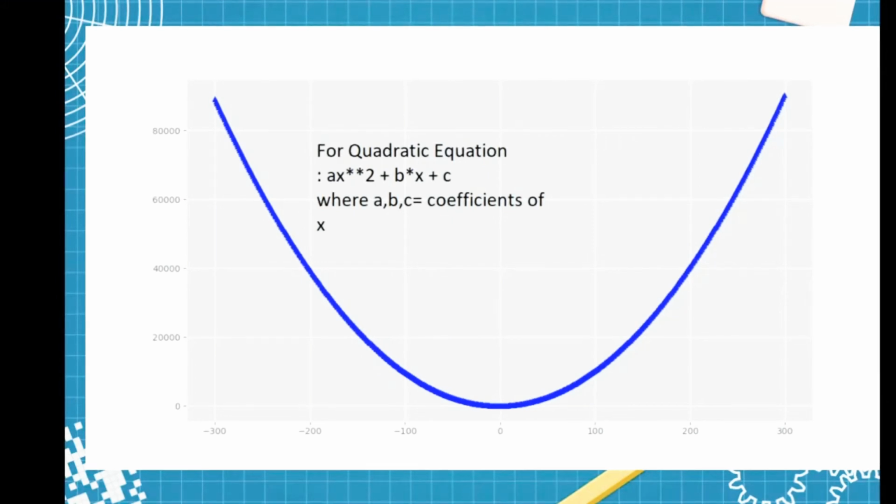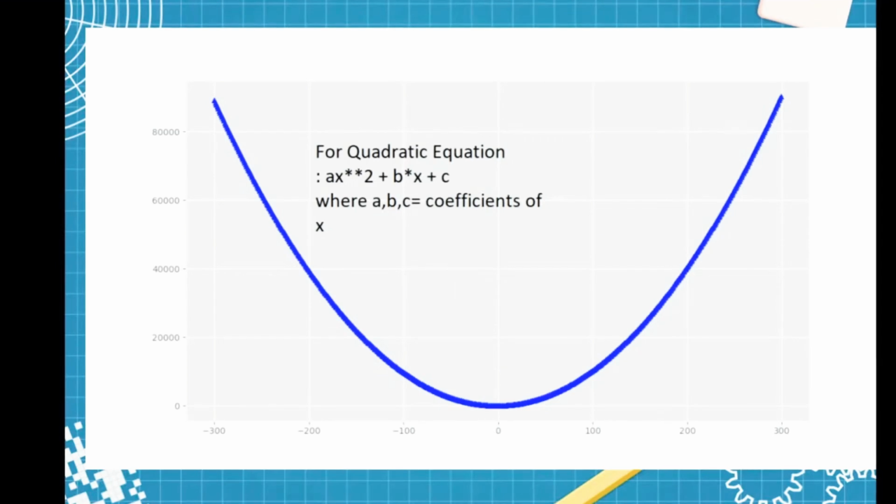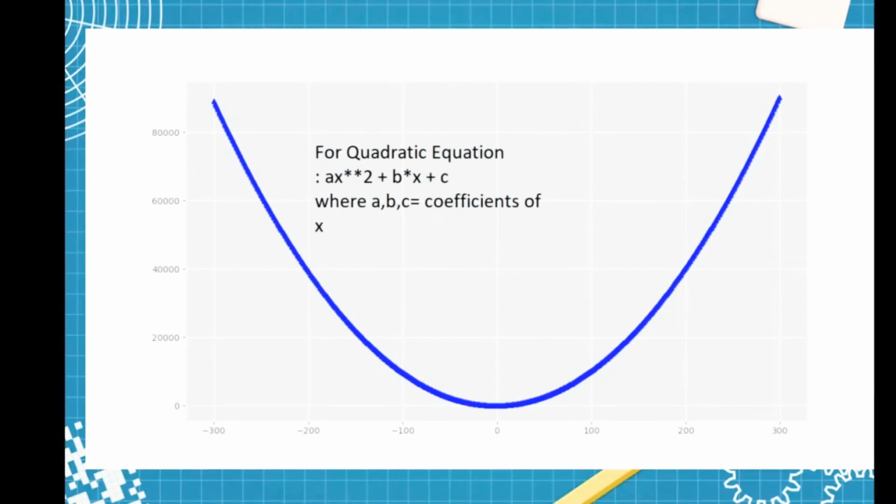For the quadratic equation, we will see how you can scatter and plot the quadratic curve and also the logarithm and the exponential curves. In the next part we will talk about how these curves work with the algorithm. But in this tutorial we will see how to code this sketch. Okay, so for the quadratic equation we have the general form of the equation, and that is ax square